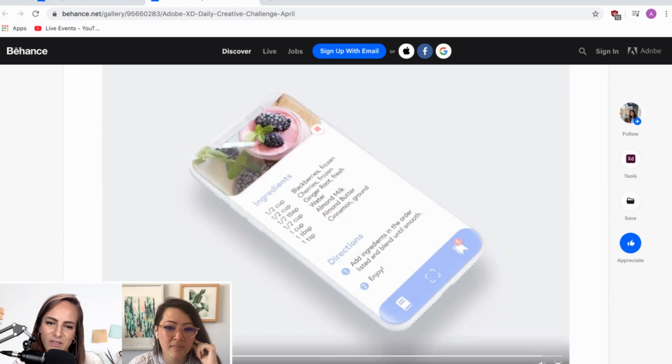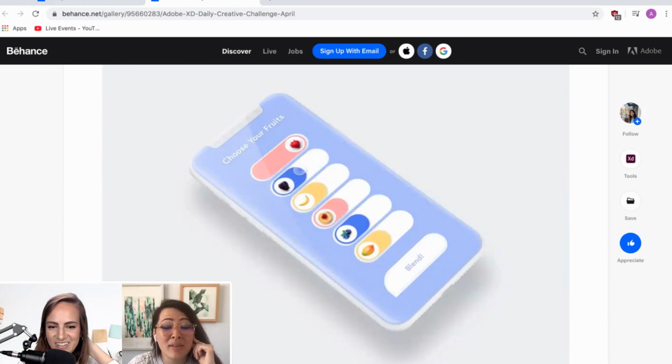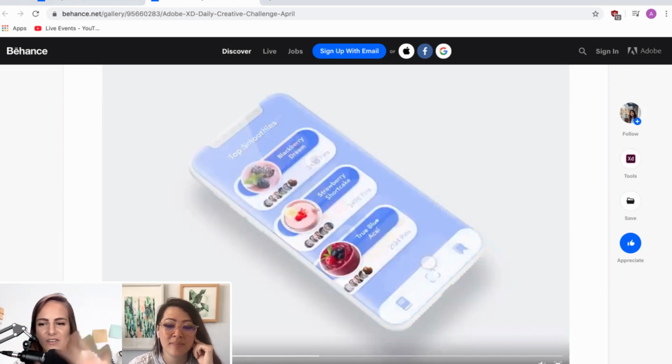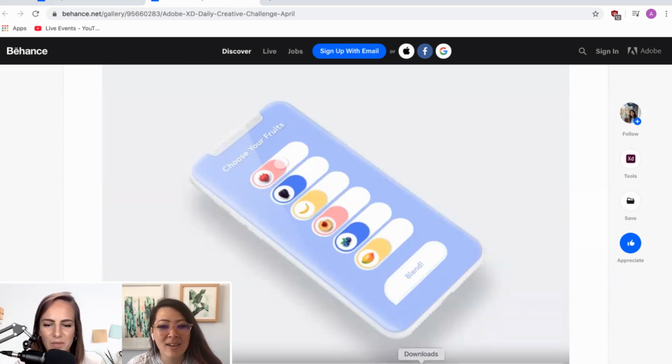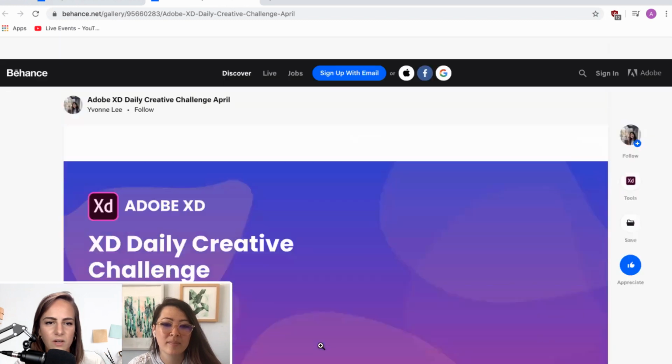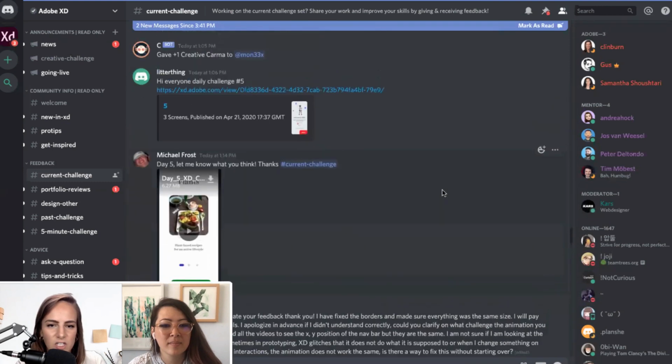Okay. Lots of cute animations. Nice. I'm obsessed with those toggles. I just want to toggle it so bad myself on the phone. That's one of the cutest toggles I've ever seen. I know. I would use that for any food that I have in my kitchen or in my fridge, just like, what do I have? Toggle everything on and off. Yeah, the concept is great, and the execution of these toggles is great. Just love it. All right, so this one was by Yvonne. Thank you so much for sharing, Yvonne. Let's check out another one.